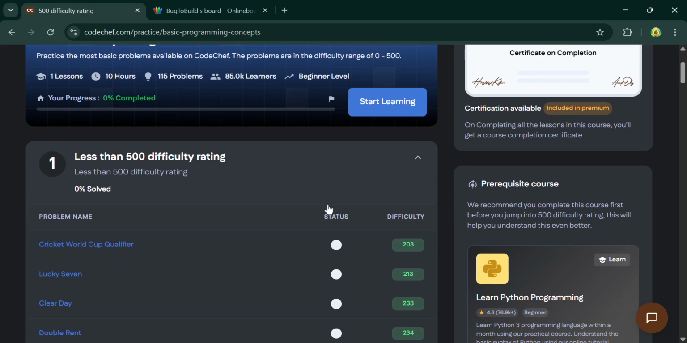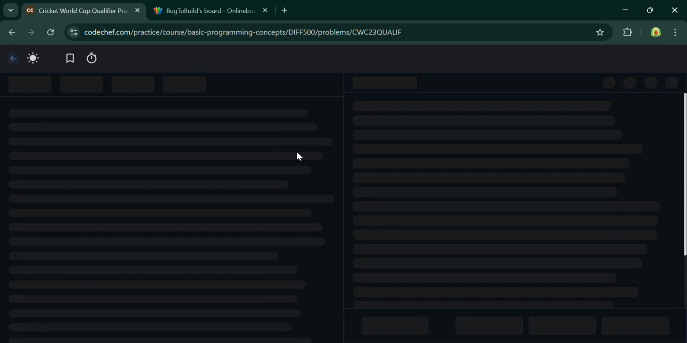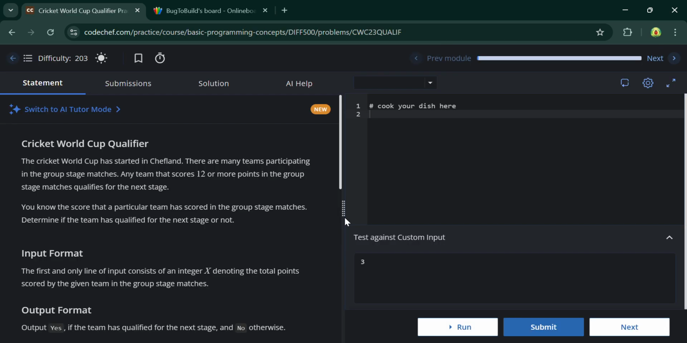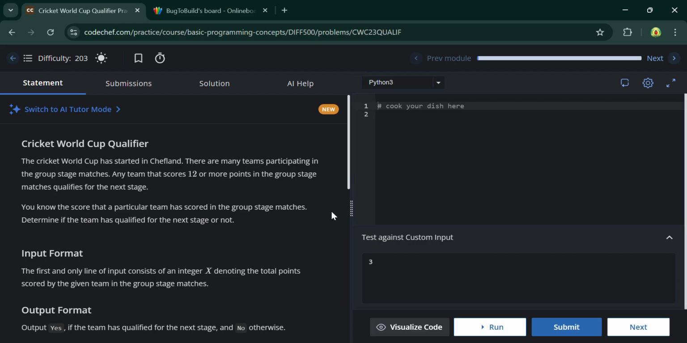So the first question is Cricket World Cup Qualifier. The difficulty rating is 203. You can solve it by yourself also. First you should try it on your own, but I will also solve it here. So in this question